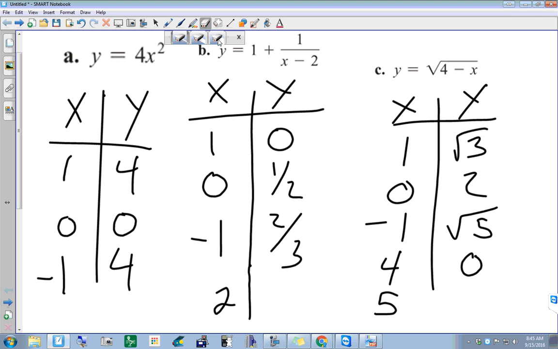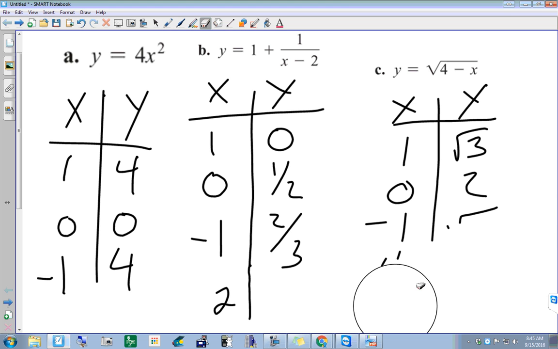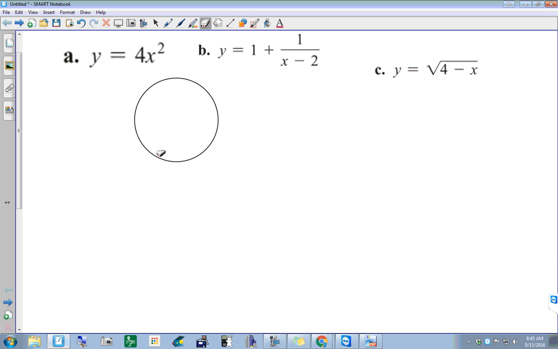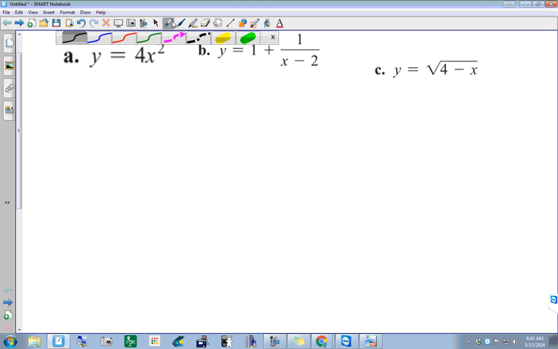So rather than going through and writing out like this, what we want to do when we're identifying domains and ranges is what numbers can I put in, what numbers can I put out. So I want to think in terms of domain and range. Domain is what goes in. So I ask myself the question,